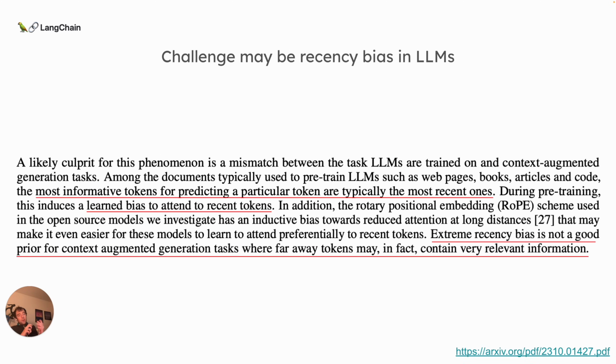And there's an interesting point. I put this on Twitter, and a number of folks replied, and someone sent me this paper, which is pretty interesting. It mentions recency bias as one possible reason. So the most informative tokens for predicting the next token are present close to or recent to where you're doing your generation. And so there's a bias to attend to recent tokens, which is obviously not great for the retrieval problem, as we saw here.